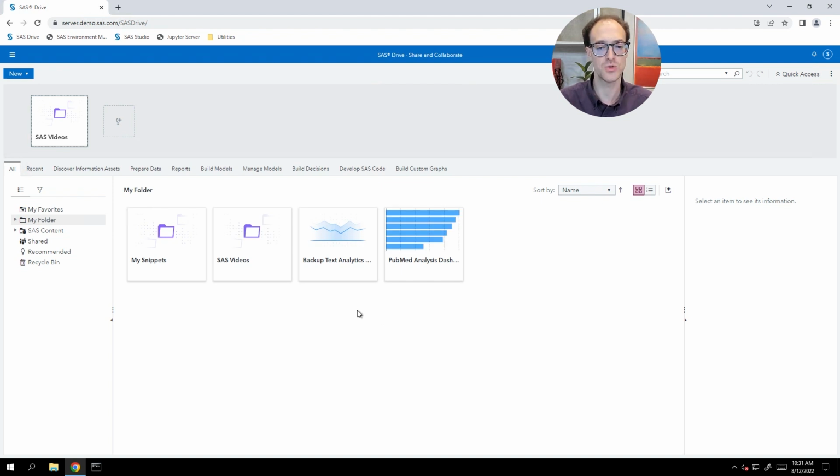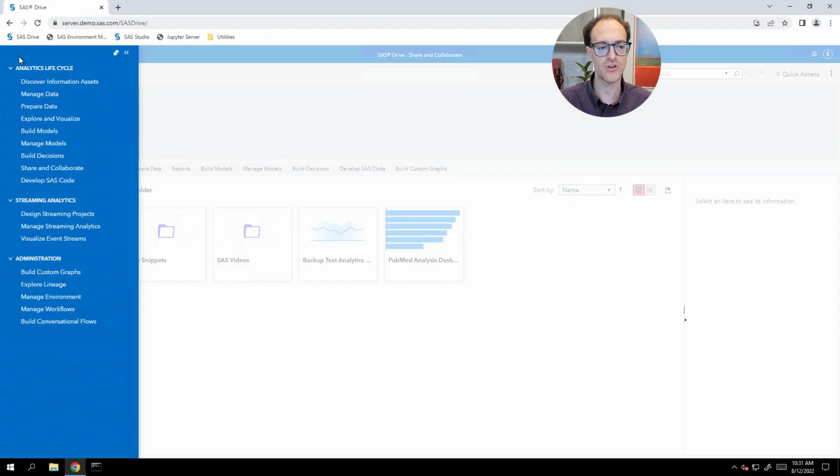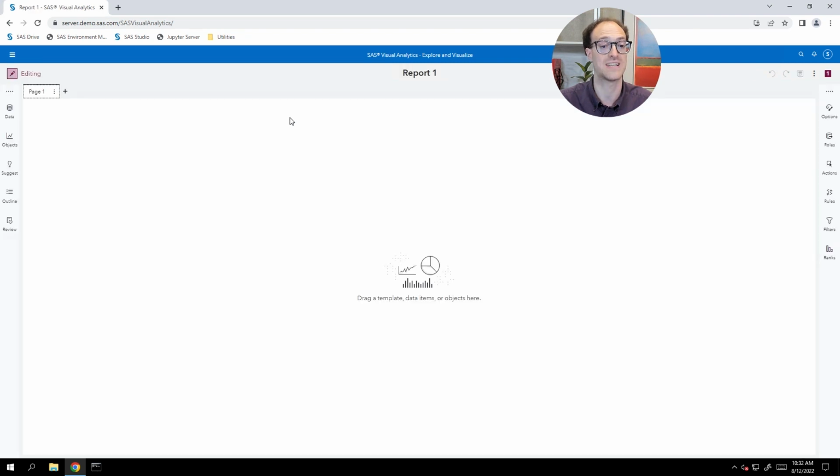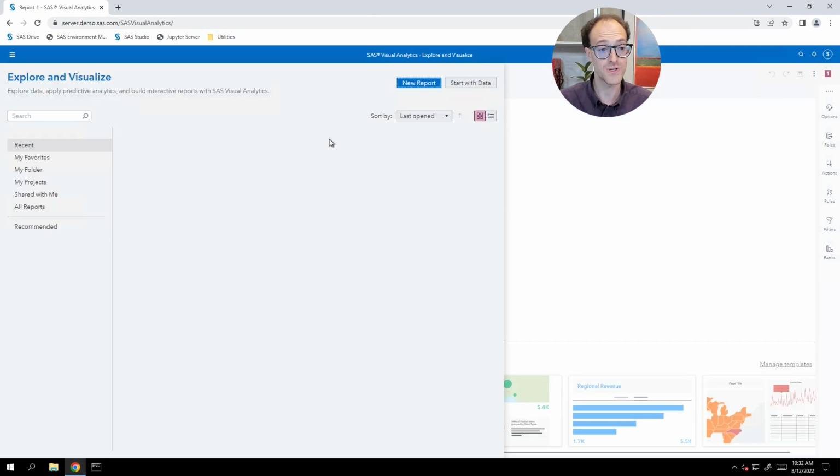Before I dive into visual text analytics and show you the example, I'd like to set some context by showing some of the results that we'll be getting in visual analytics. So I'm going to click on this Applications menu on the top left, and navigate over to Explore and Visualize, which will take us into our SAS Visual Analytics interface. This is an interface designed for building custom dashboards and plots, and we're going to use it to summarize some of the results from our text analysis. We're going to look at the results first and then go back and see how we created some of it.